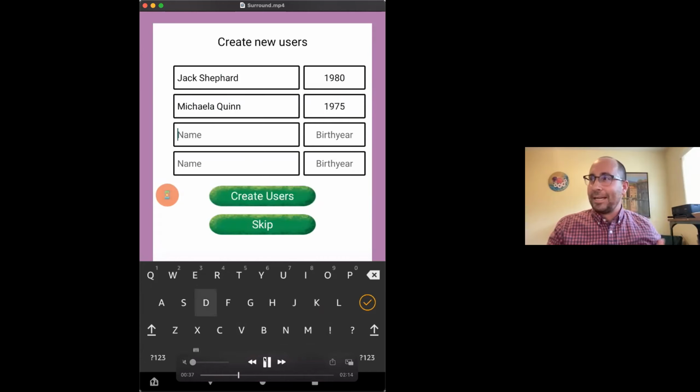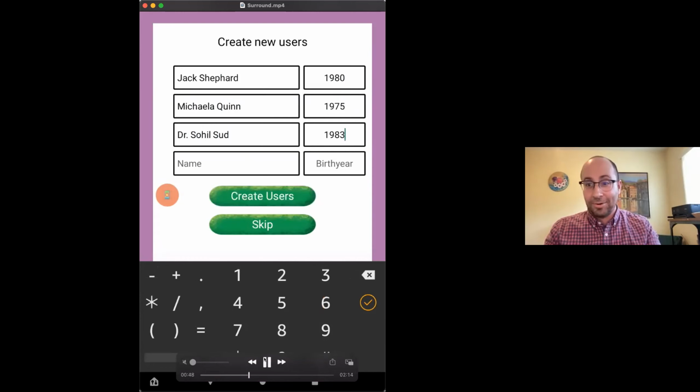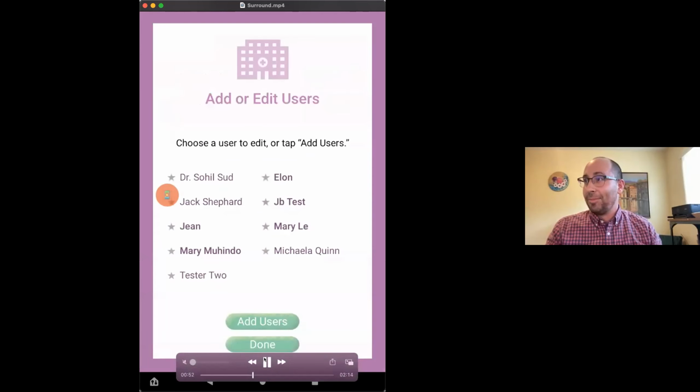But let's say I add Jack, Michaela, and Sohail into the NoviGuide. It's this fast so that you could do this. And you can also support sites remotely. So if a group in Kigali needs to support a rural site, they could simply log in, add that person's users, and help out remotely.